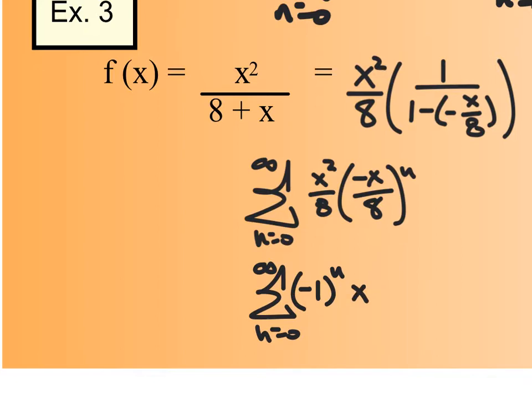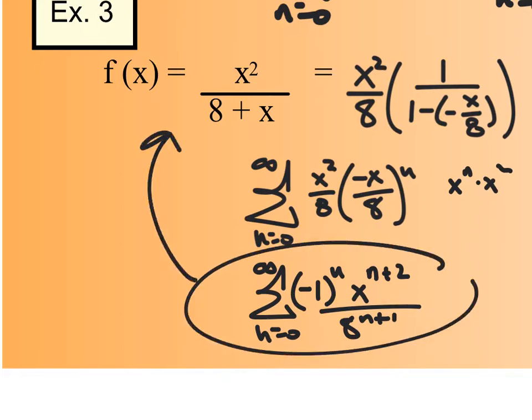Let me finish this up real quick. x to the n times x squared would be x to the, oh goodness, what was that? x to the n plus 2 over 8 to the n plus 1. Here's your power series representation. Now there's two things that need to happen. First of all,